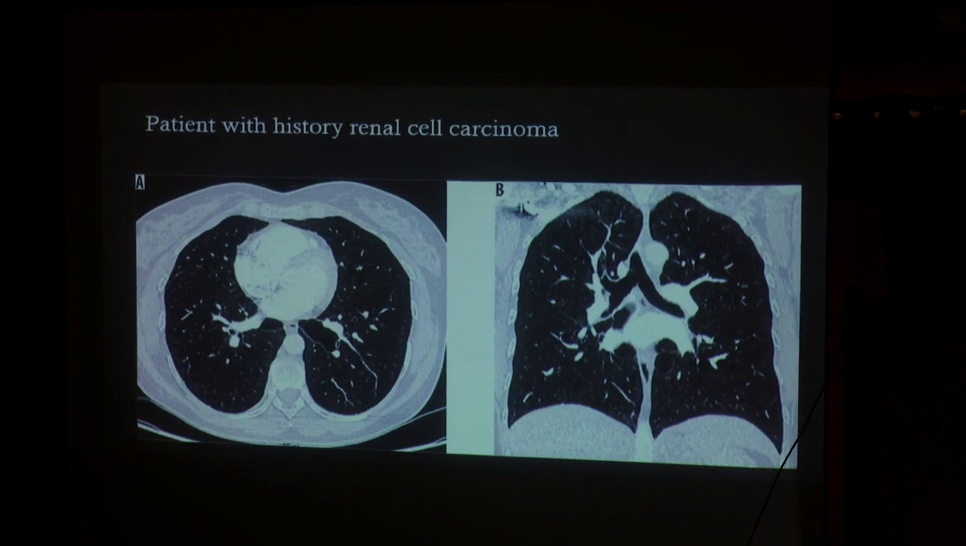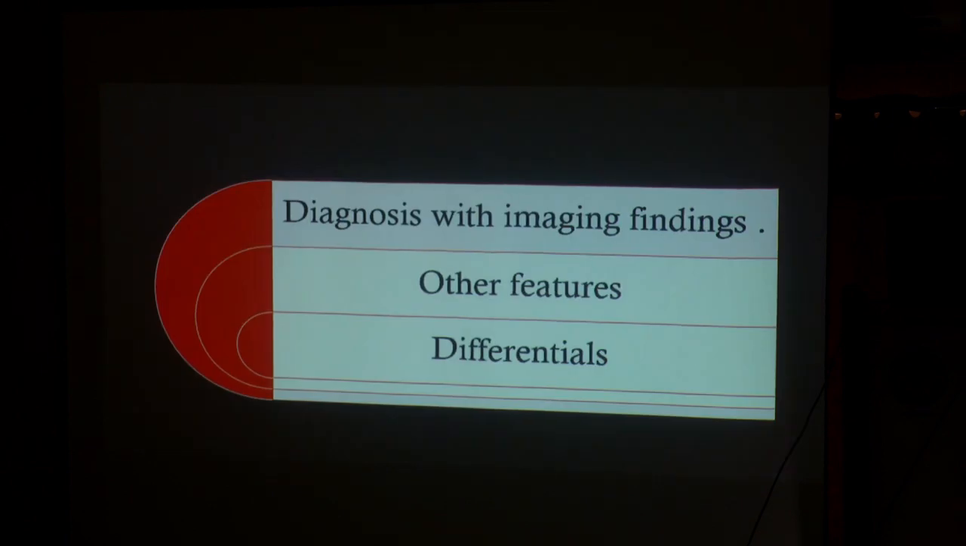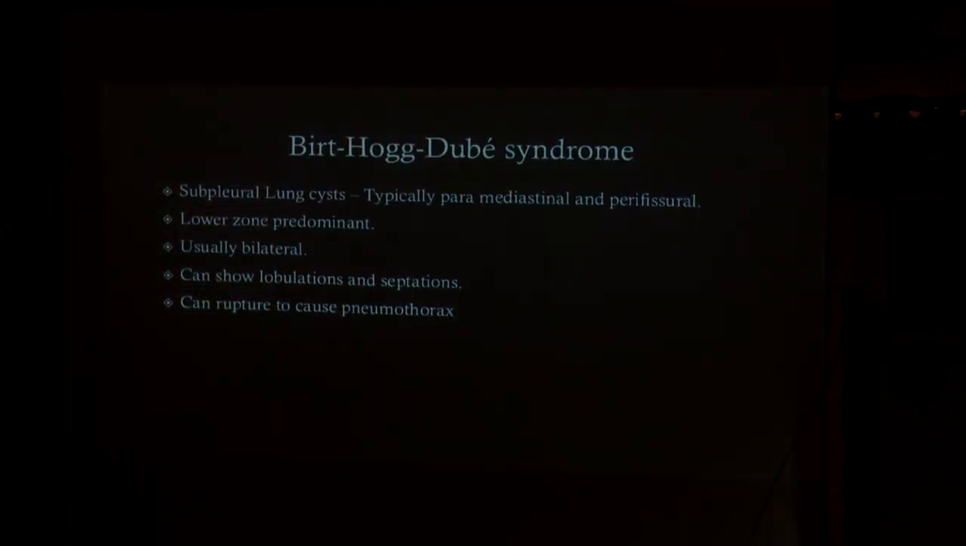So this case has been already discussed. The patient with history of renal cell carcinoma. So yeah, it's Birt-Hogg-Dubé syndrome. In Birt-Hogg-Dubé syndrome, the classic imaging features are subpleural cysts. The cysts are usually paramediastinal and peripheral. They are lower zone predominant, usually bilateral, and these cysts can show lobulations and septations, and they can also rupture